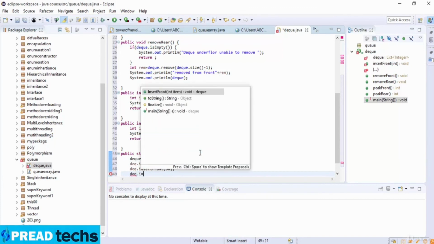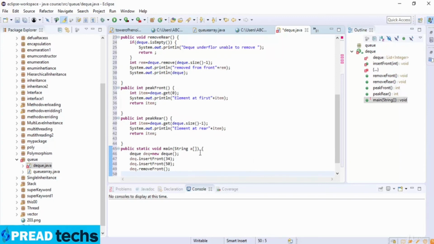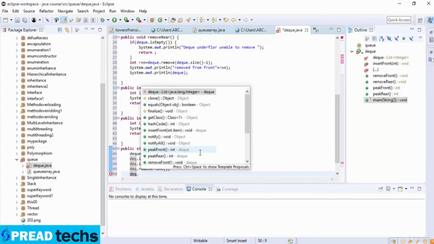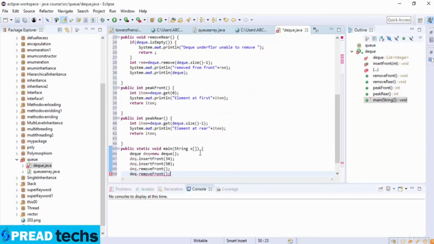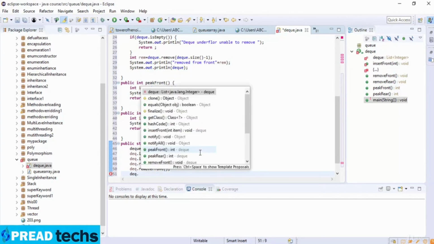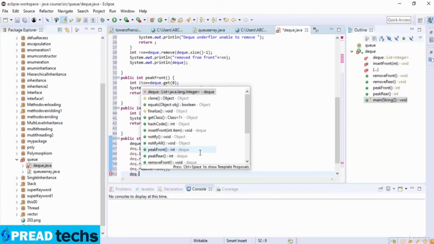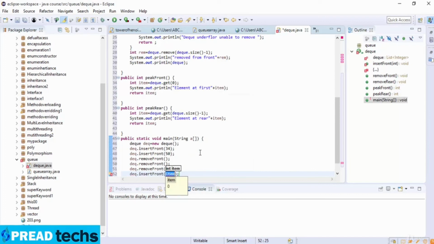and dq dot delete front, means dq dot remove front, and deq dot remove front, and then deq dot remove front. So yes, I just removed three from the front, and now deq dot